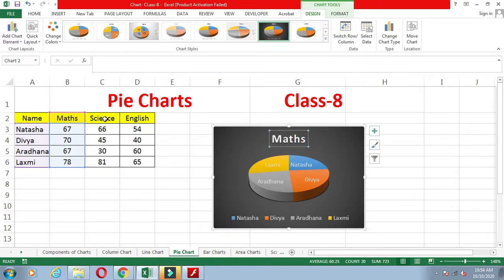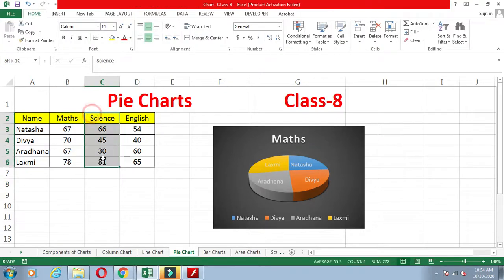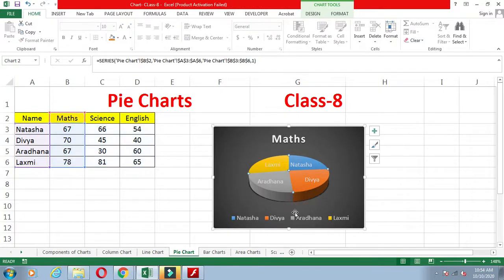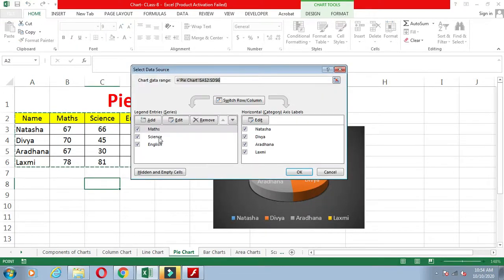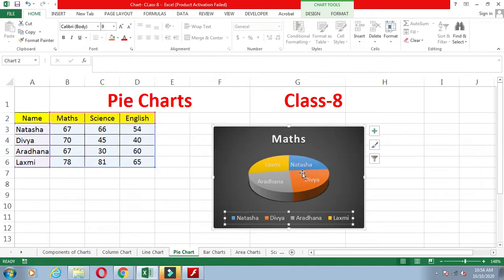In this way you can add. So in this way we can add the data here. Again, the next is what?